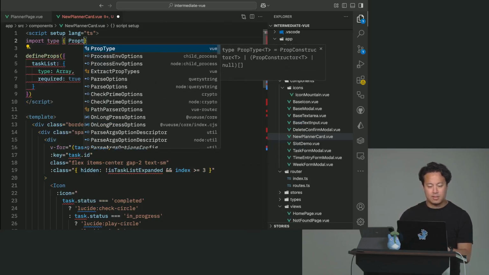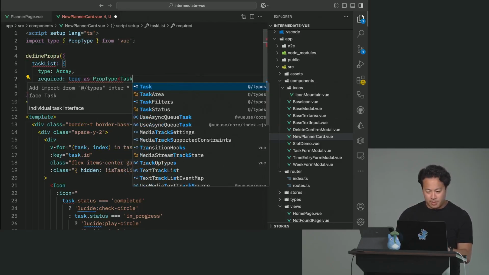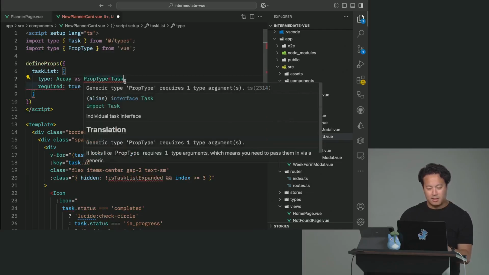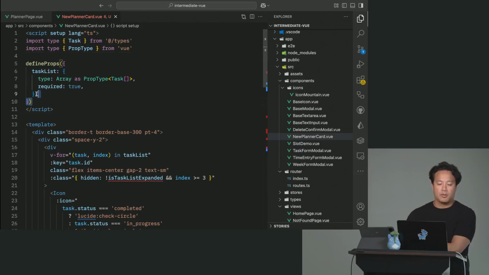Prop type. So there is a way, I believe, for this. Let's see if this will work, though. Oh, I'm totally wrong. Whoops. Not here. That did work. Okay, so a little TypeScript snippet for you all to see is that, again, if you're defining